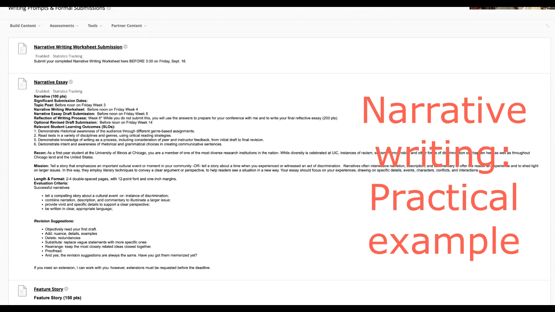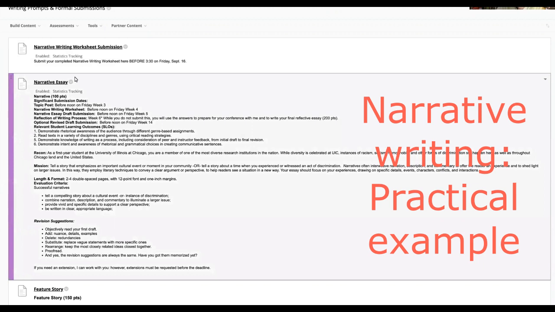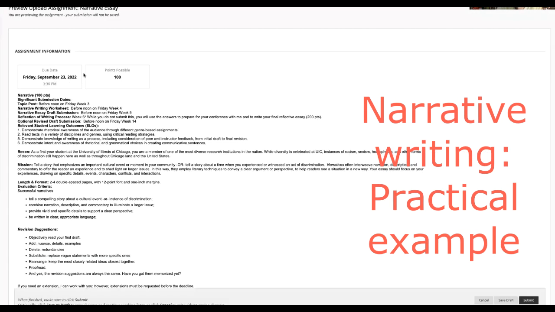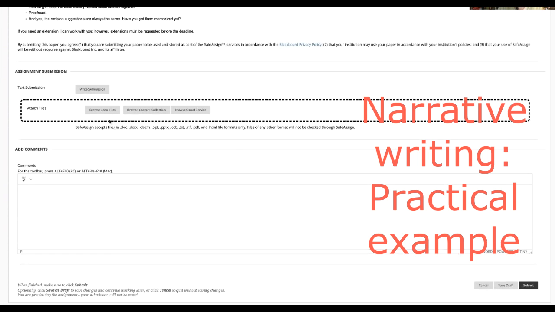So to help you meet these goals, I've created the narrative writing worksheet. You'll find the prompt under writing prompts and formal submissions along the left-hand side. When you click on that, it will bring you to this page. And when you're ready to submit your essay, you would click here, and then it will show you when it's due. You would scroll down and attach your file. If you have any comments that you want me to know, you put them here, and then you would click